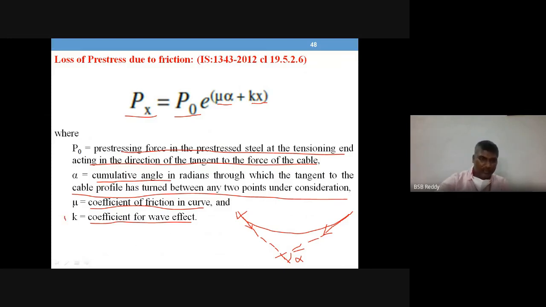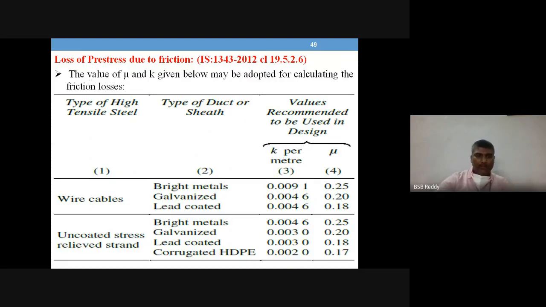So that also is being taken into consideration. Both friction and wave effect will be there in this frictional loss. Okay, so both frictional as well as wave effect. So k is the coefficient for wave effect. Now the values of frictional coefficient and the coefficient for wave effect, both are to be read from this IS code table